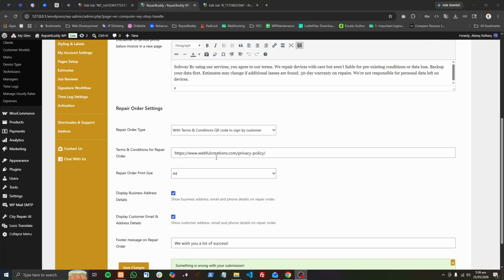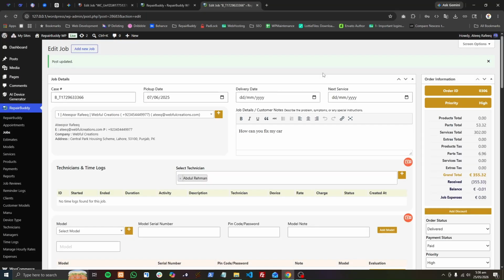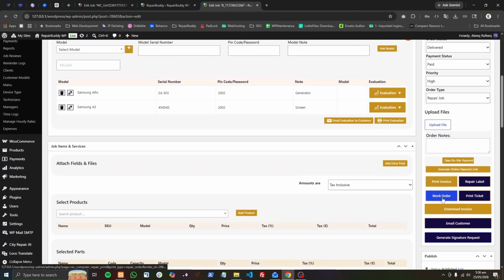Okay, the work order is a small contract between you and your customer. There are two types of work orders that you can get signed by your customer. So there is a proof that they have delivered or picked up their device. Simply, from your job, you can go to work order, and here you can see that